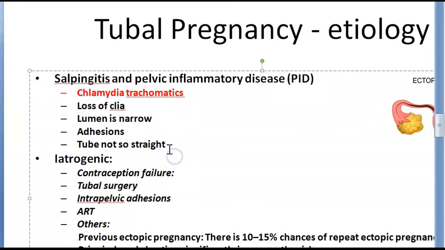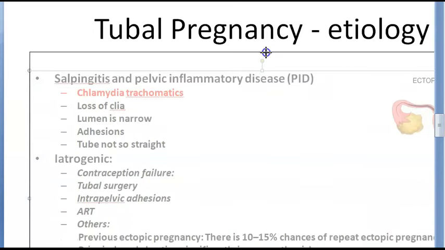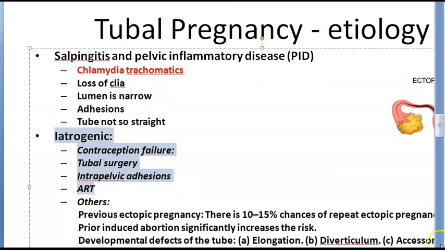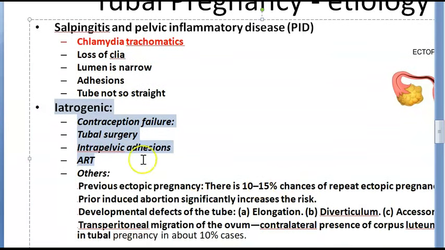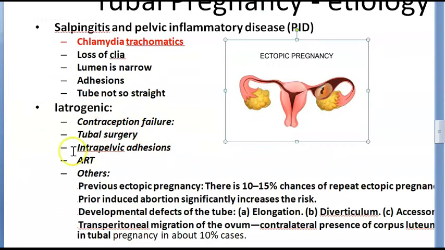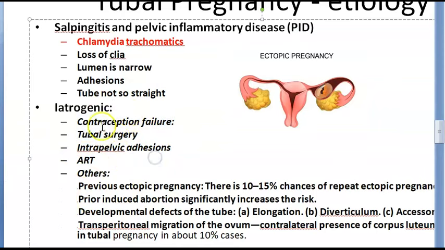Yeah. Now, after the salpingitis and pelvic inflammatory disease, the next thing they are talking about is iatrogenic. It is very strange, blaming the doctor, or not blaming the doctor, because of some procedure done on the patient. Iatrogenic, okay. So, what are these iatrogenic? The contraception failure means what? They have been using some form of contraception, and I mean, they should not even get pregnant, isn't it? But in selected contraceptive failure, there can be ectopic. Which contraceptive failure? IUD, that is intrauterine device.